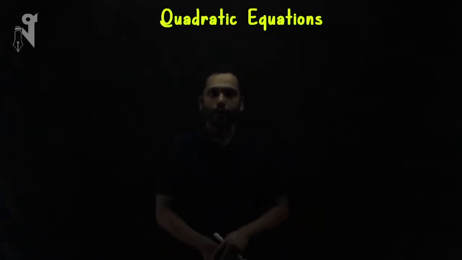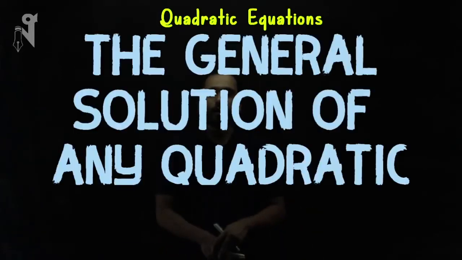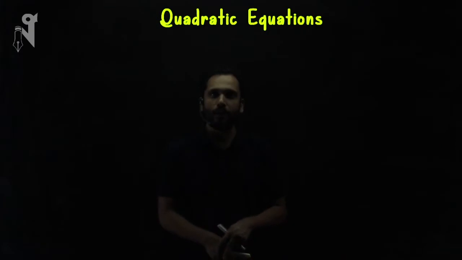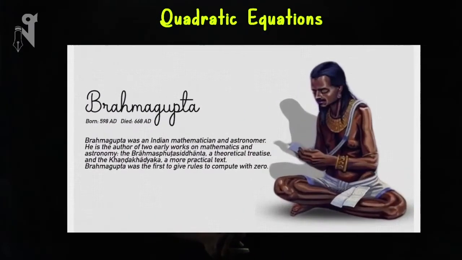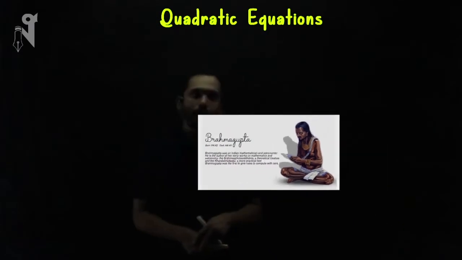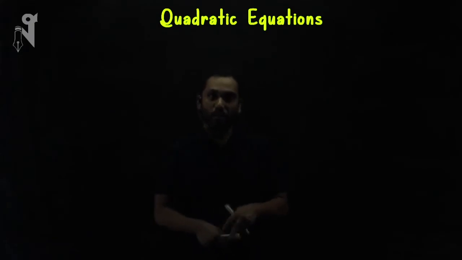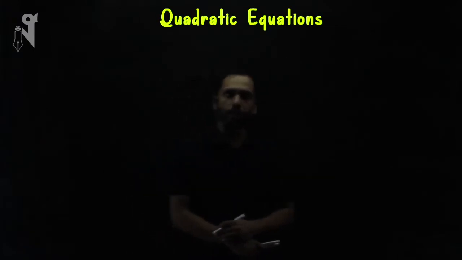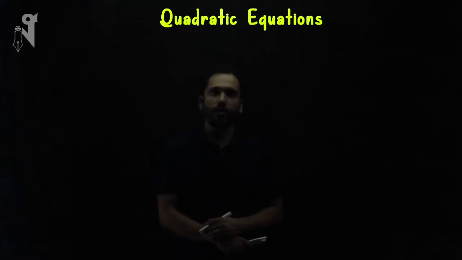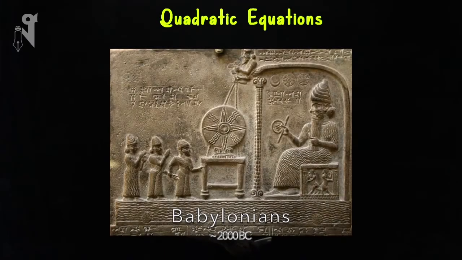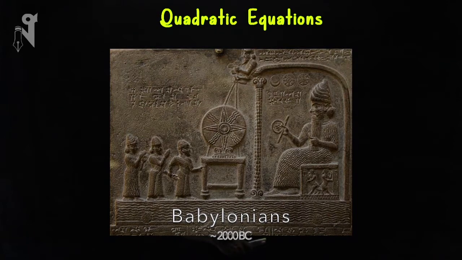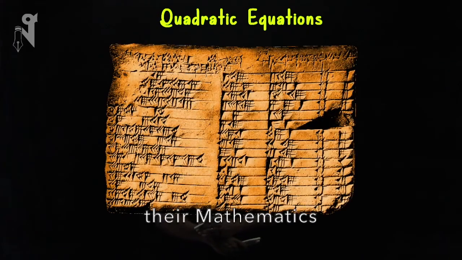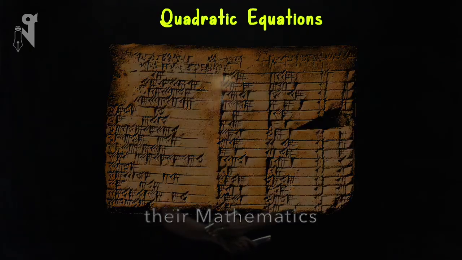Hi students, today we are going to derive the general solution of any quadratic equation, the solution which had been derived way back by Brahmagupta in 600 AD and then the complete solution mentioned by Sridhara in the 9th century. So it's not that quadratic equations were not being solved before that. It was being solved as long back as 2000 BC by Babylonians, and the problem set was a very simple